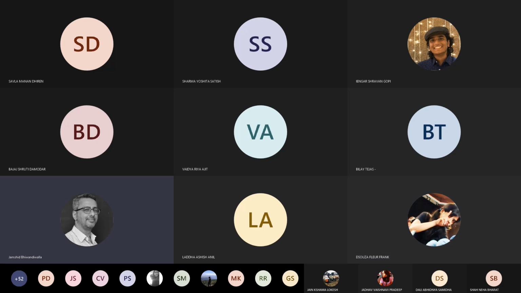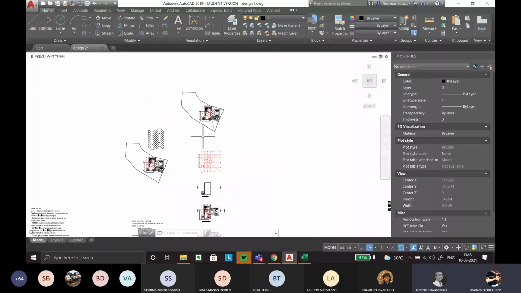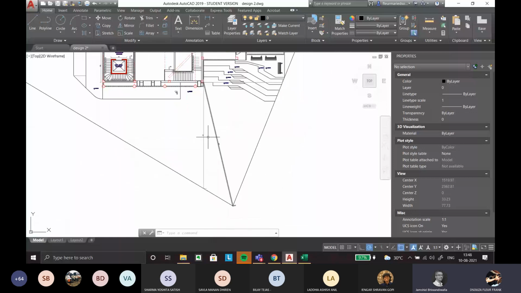The last question is a little more specific, so I'm just going to share my screen. It's related to the setting out drawing. My side boundaries are not a square, so would this count as a perpendicular, or would it have to be perpendicular? No, this is not a perpendicular. It has to be perpendicular to your site. Okay. And I must tell you that your building is much closer to other parts of the site.